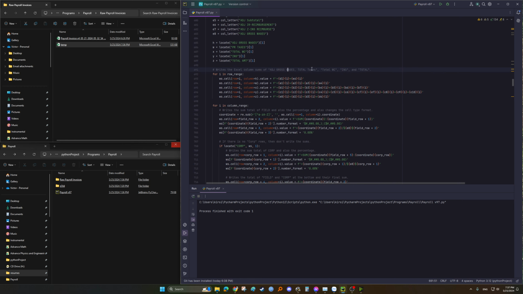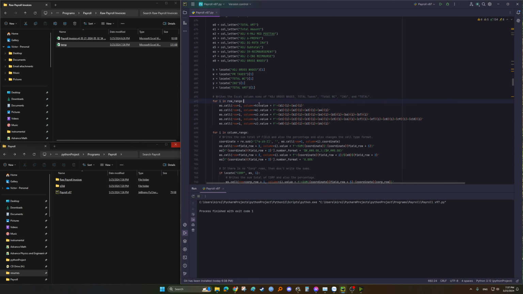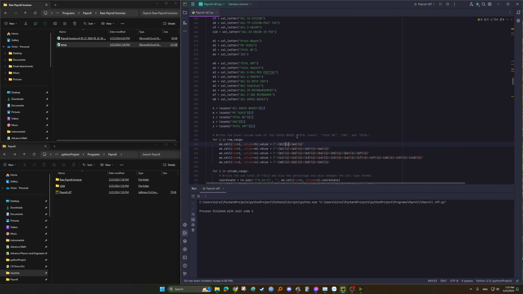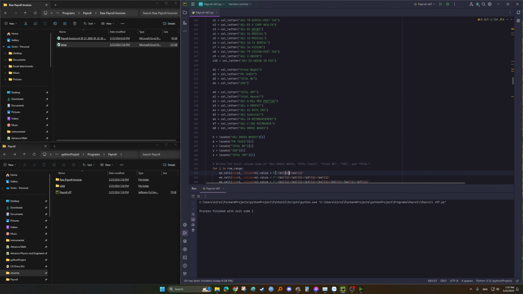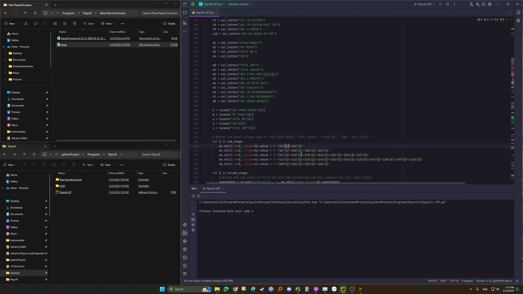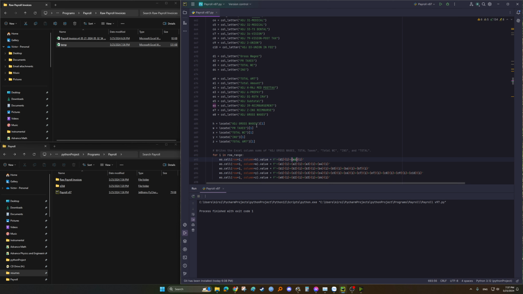Yeah, here I'm basically just writing the sum values in the Excel. So basically, let me see. These sum values, for example, this one is D1 gross wage, wherever this value is, plus gross wage plus E6, which is this one. So this just creates another file for that. I'll just run it just to make sure it's